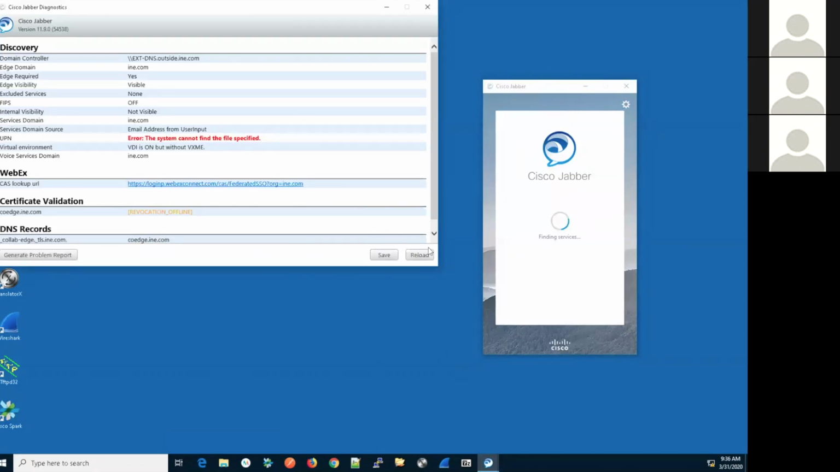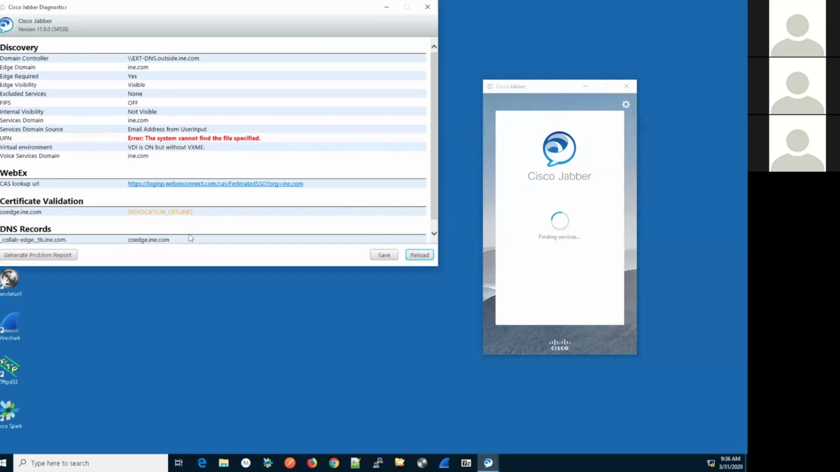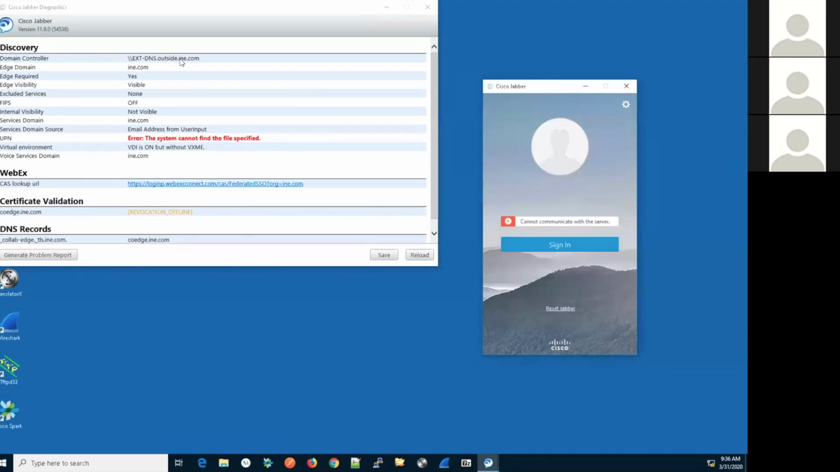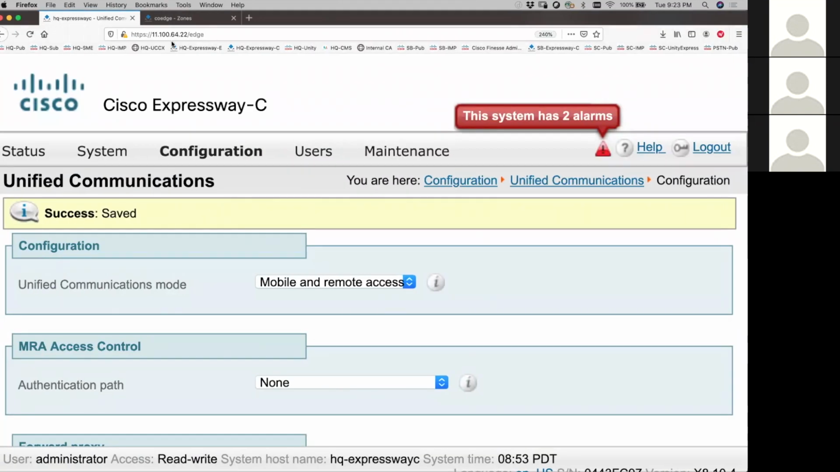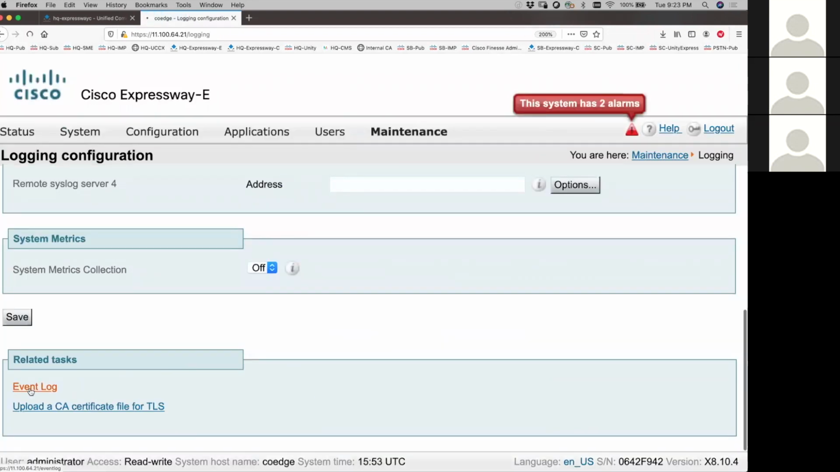So it did find that, which you can see here, coedge.ine.com. So my domain is found. I see domain is outside.ine.com. But what do I see here? Cannot communicate with the server. I get this message. Let's go back to Expressway E, go to maintenance, logging, and scroll down to event logs,